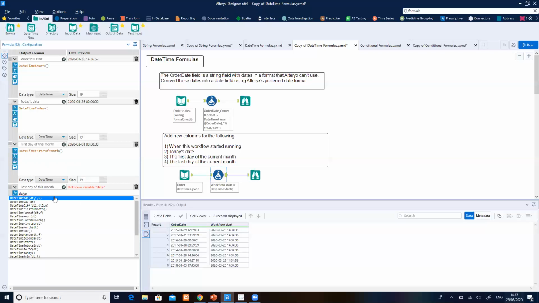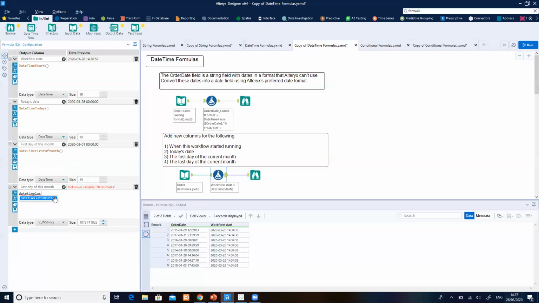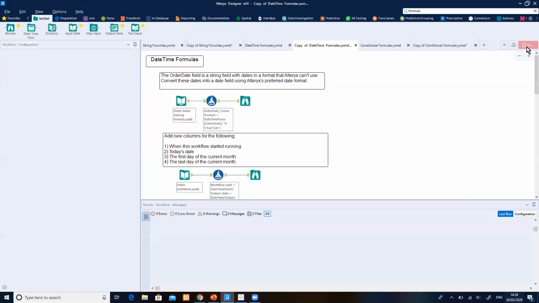Now we use my DateTime last of month function. Again, no need to put anything in those brackets. And last thing, just change the output of this formula to a DateTime as well. So if I run that,